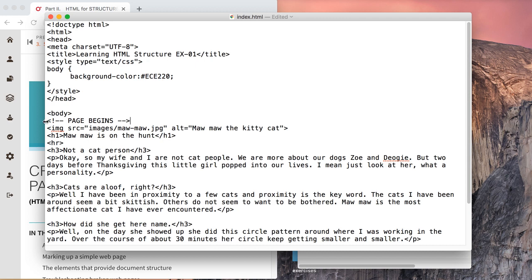so here's a simple HTML comment, and we place HTML comments in the body of the document, and we can place them in the head of the document, just not inside the style tags. We have to use a JavaScript comment. I'll show you in a second. Okay, so we could have page begins, and then I'll just copy,